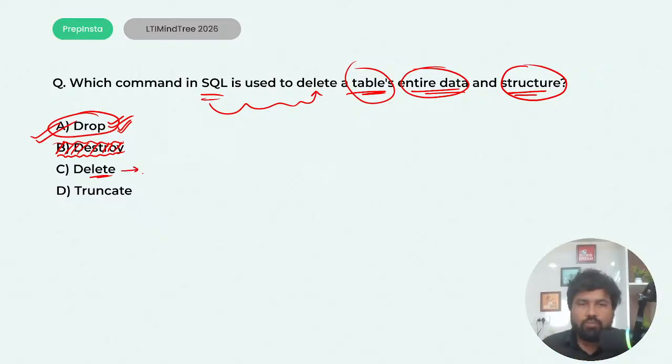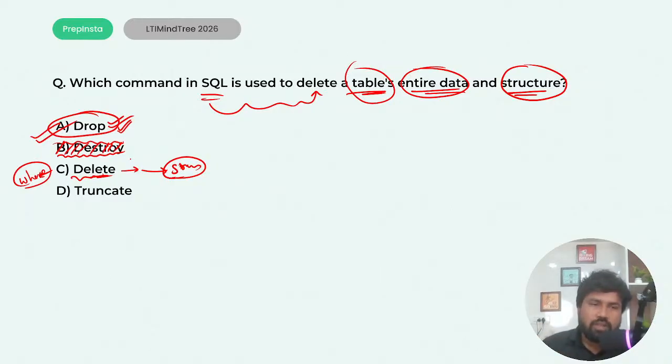It will use it to remove the data from the rows, but it will keep the structure. So while using delete, we will mostly use where also a lot of times. See, that's why I'm explaining the remaining details also. If you observe, they might change the question, and you might get this knowledge in your examination. That's why I'm explaining each and every keyword or command. Is it good or not for you?